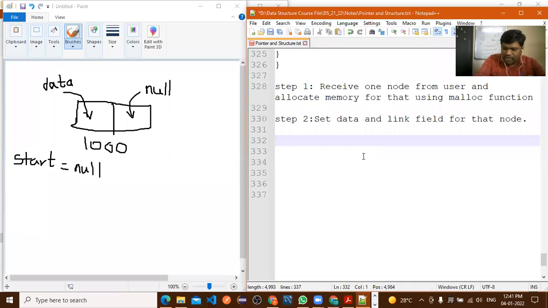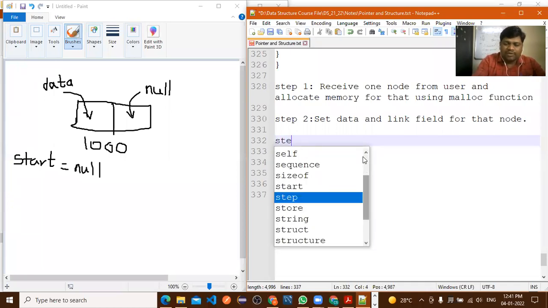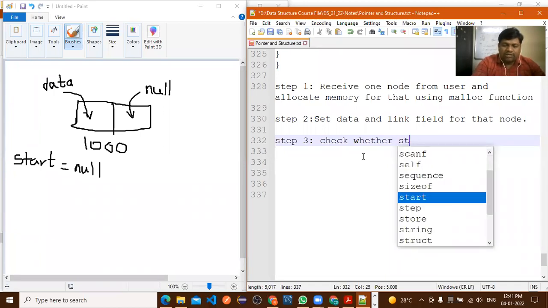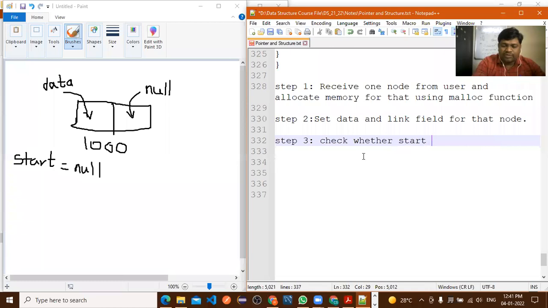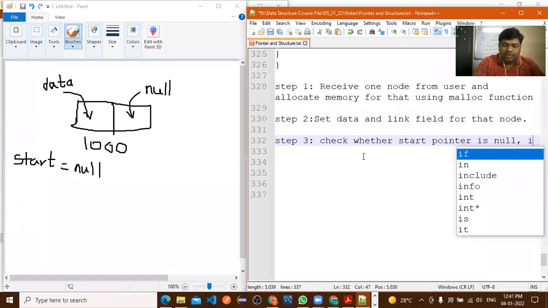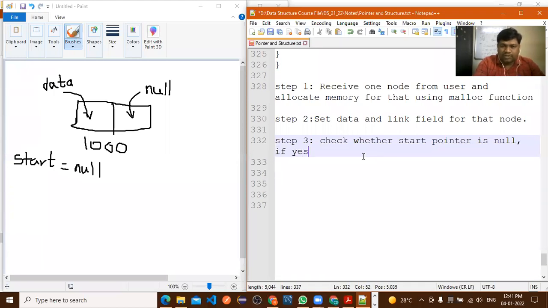Yes, sir. Okay. Now step number 3 in the creation of a linked list: check whether the start pointer is null.